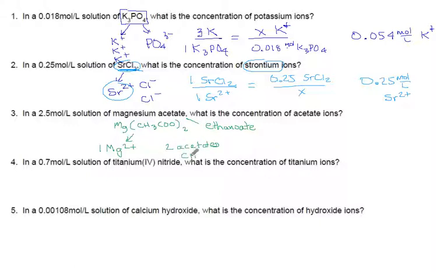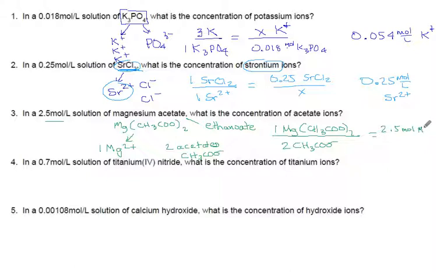In other words, two CH3COO minus. So, however much magnesium acetate there is, we're going to get twice that much acetate ion. So, if we had 2.5 moles per liter of this, we could say, if a single magnesium acetate produces two acetate ions, then 2.5 moles, or moles per liter, whichever you want,